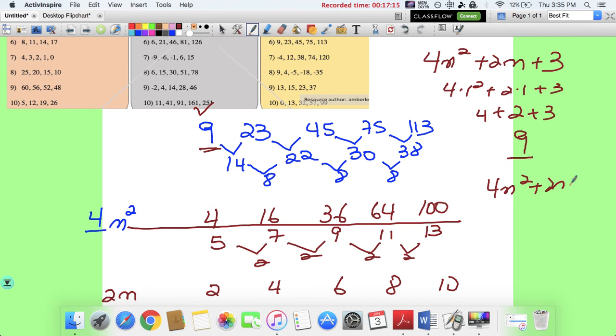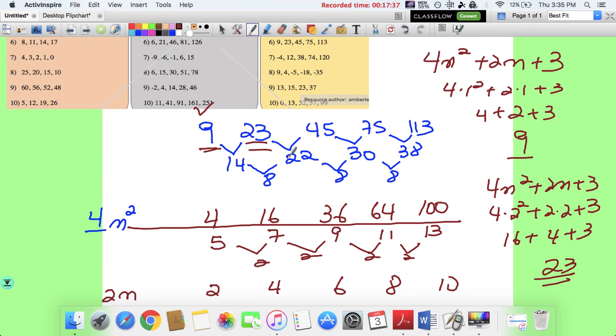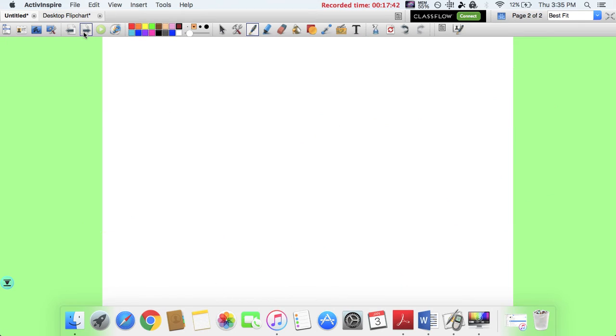4n squared plus 2n plus 3, and let's see if our second term comes out to be 23. 4 times 2 squared plus 2 times 2. I'm replacing the n with 2. 2 squared is 4. 4 times 4 is 16. 2 times 2 is 4. Plus 3. 16 plus 4 is 20. 20 plus 3 is 23. And you can tell our second term is 23. Okay? That's that. And then you had